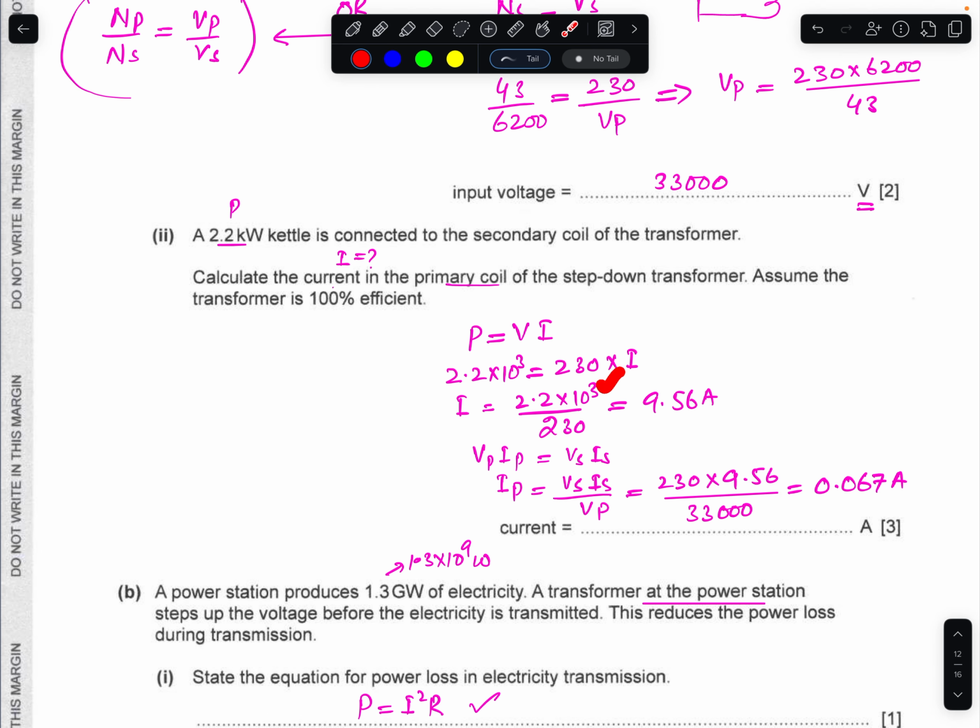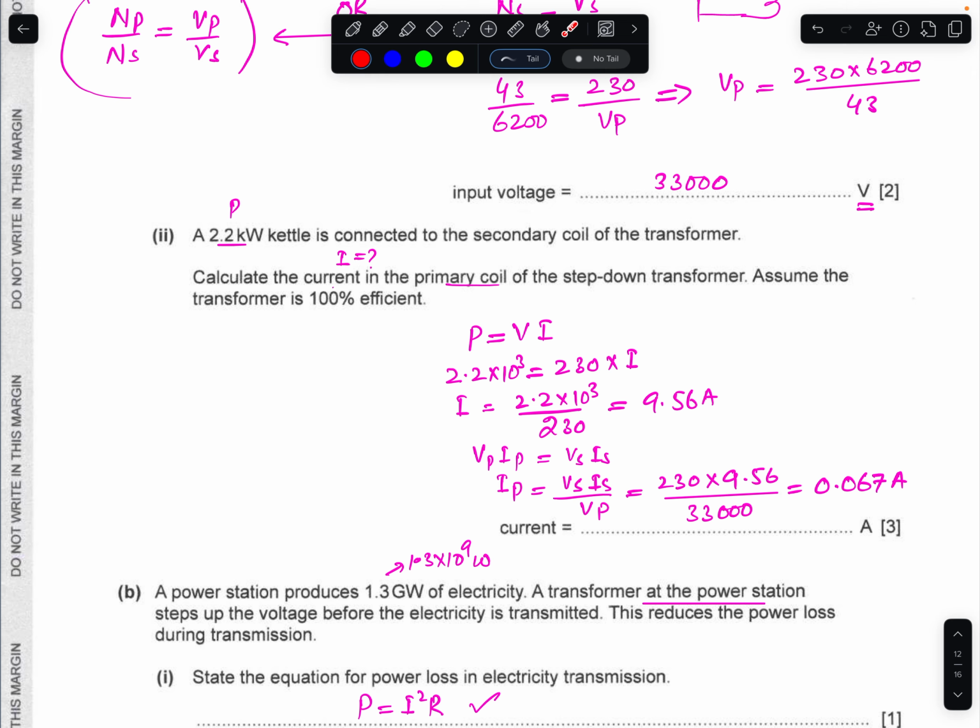This 10 to the power 3 is the prefix for kilo. We are dividing that by 230, and you will get the total current 9.56. Now that is the total current